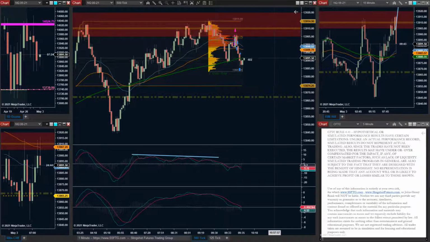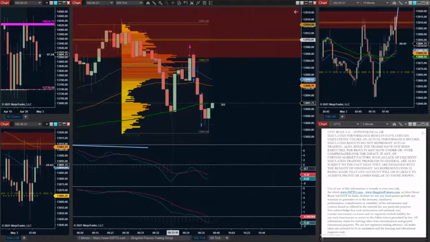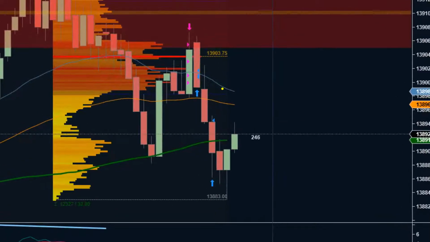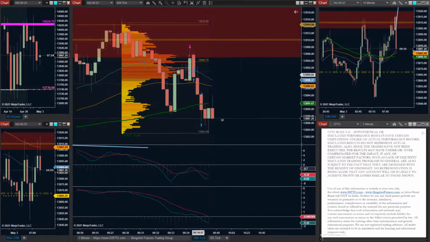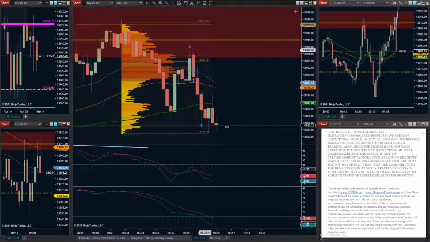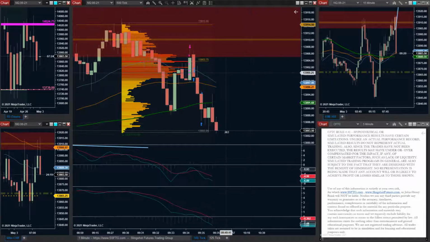I dumped the first 3 relatively quickly because of the fact that it closed back above that node. Remember, the way that I wanted this to respond was like this. I wanted a wick and just gone. Although, if you combine those 2 candles together, a little bit of candle math, there is a wick, which is why I still stayed short. But I didn't want to stay short the entirety of the position. It wasn't worth the risk of it jerking back up again, especially noting that 375 was so delicate.